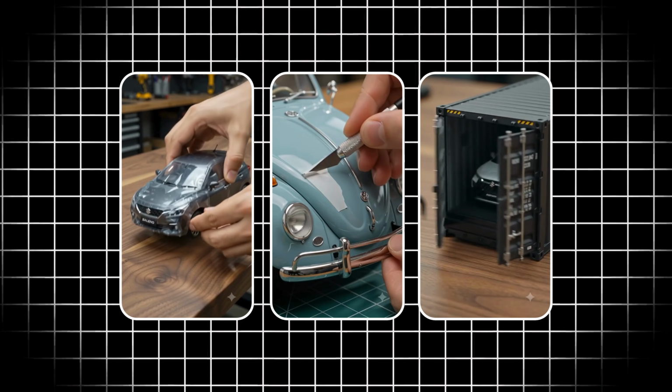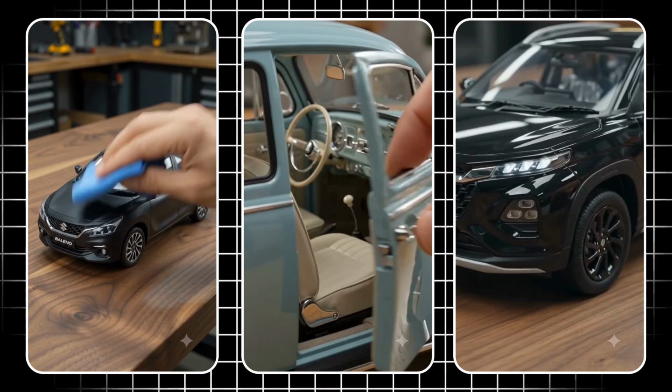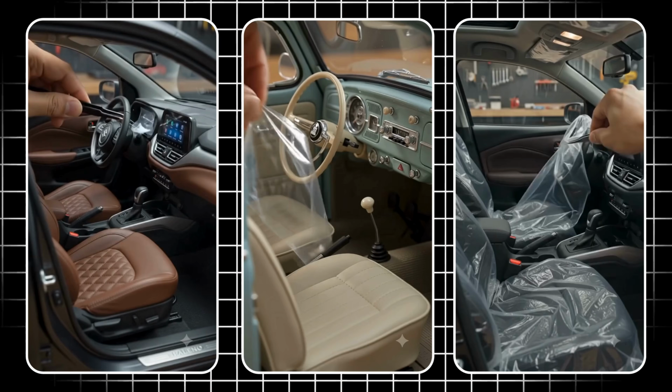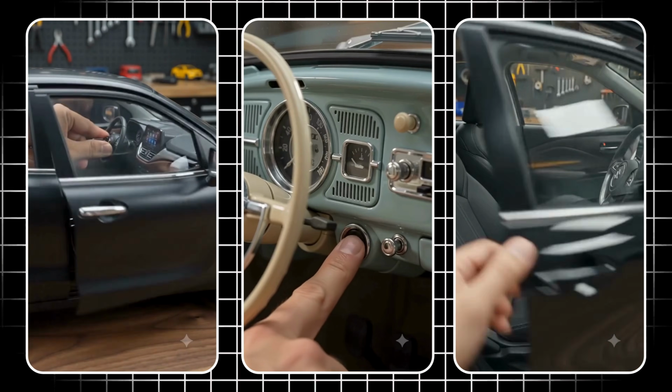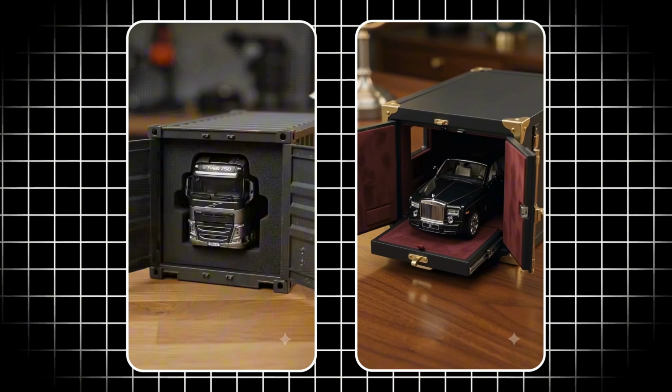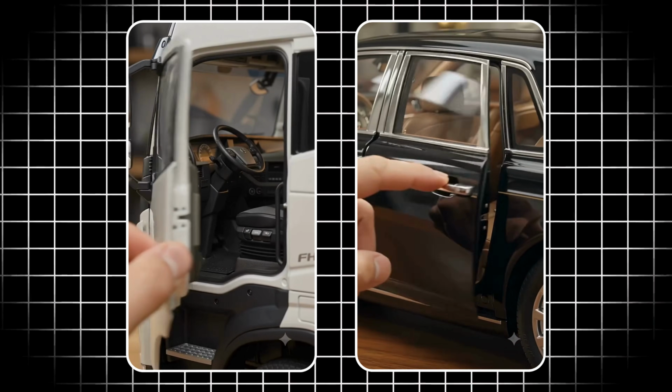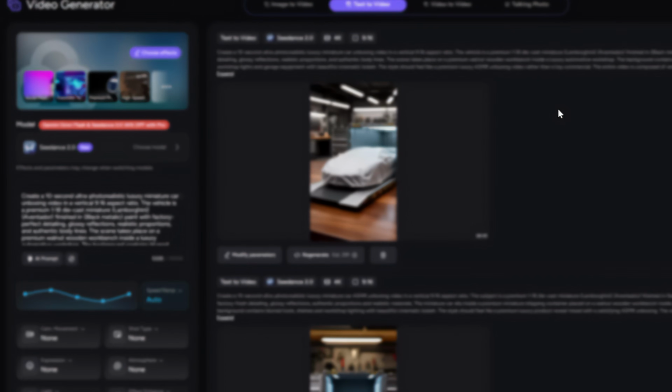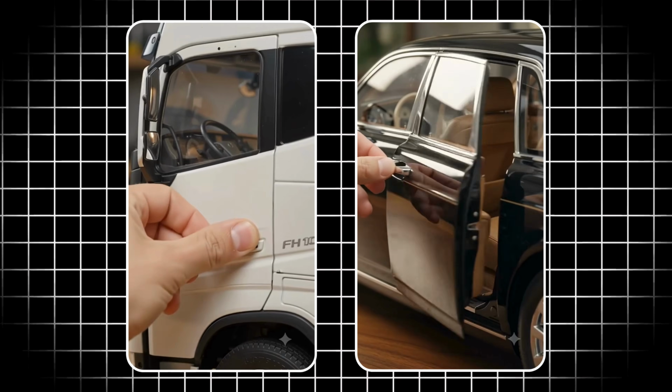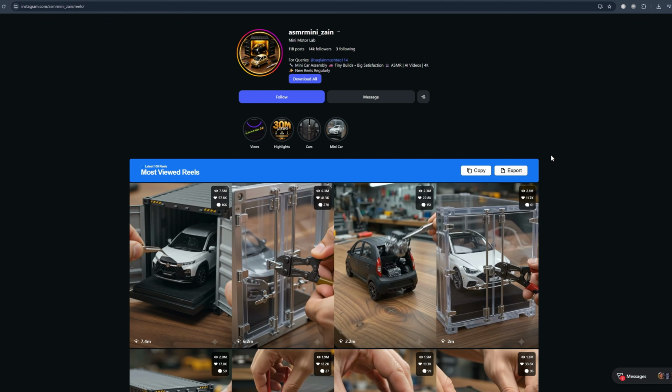These miniature car unboxing videos are absolutely blowing up right now, getting millions of views, and the best part is this new niche is only just getting started. People might think these videos take hours to create, but all you really need is one fully editable prompt and one AI tool. But before I show you exactly how to make them, take a look at this Instagram account